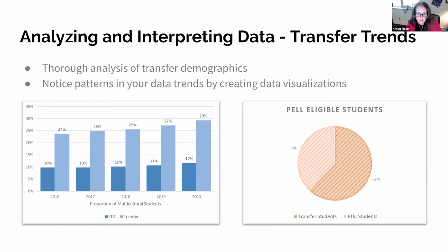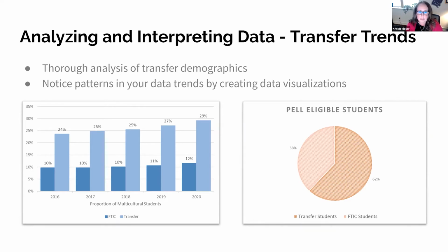Once you've done this demographic dive in, what I would suggest is really to start making some basic visualizations. And these are the data visualizations that we have in the guide. They're just basic Excel sheets, and then Emily and her team made them look really fancy for us, but you don't need to have anything too fancy. You can do just a basic Excel sheet where you can start to look at some of those trends and those visualizations. So, and this is all fictional data, by the way, this is not real data,